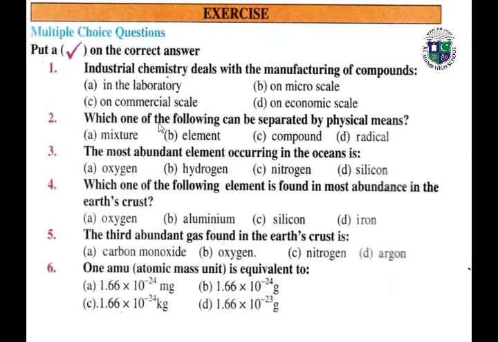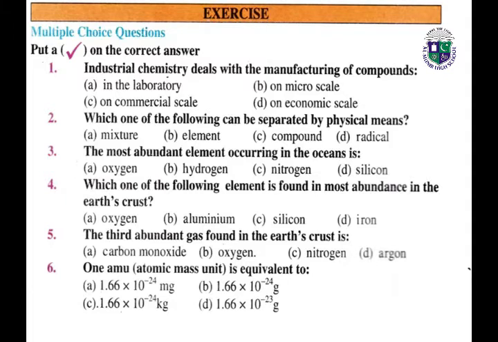Number 2, which one of the following can be separated by physical means? Yes, the correct answer is A, mixture. Part 3, the most abundant element occurring in the oceans is, correct answer is oxygen. Part 4, which one of the following element is found in most abundance in the earth crust? Correct answer is oxygen. Part 5, the third abundant gas found in the earth's crust is, correct answer is D,